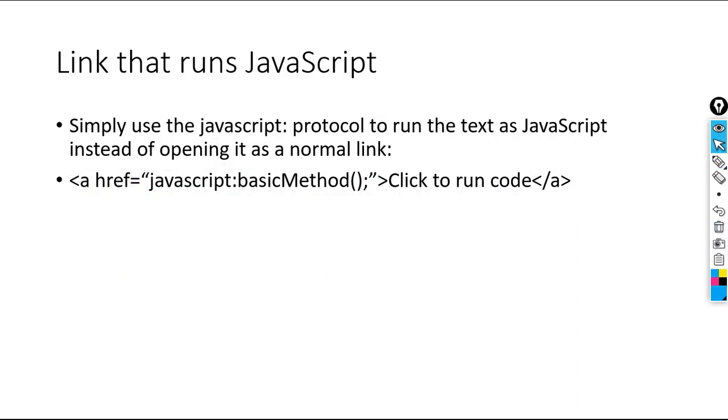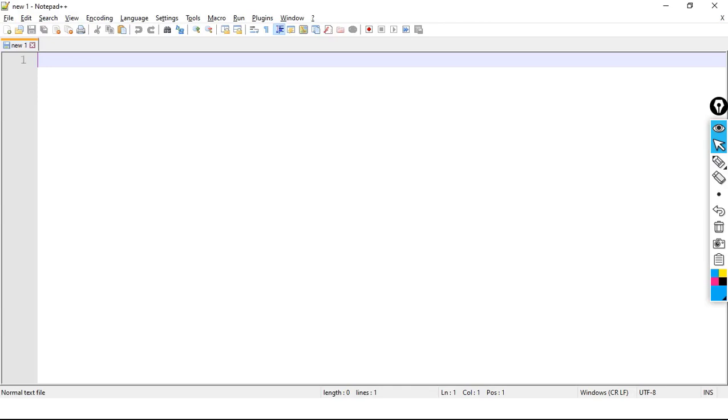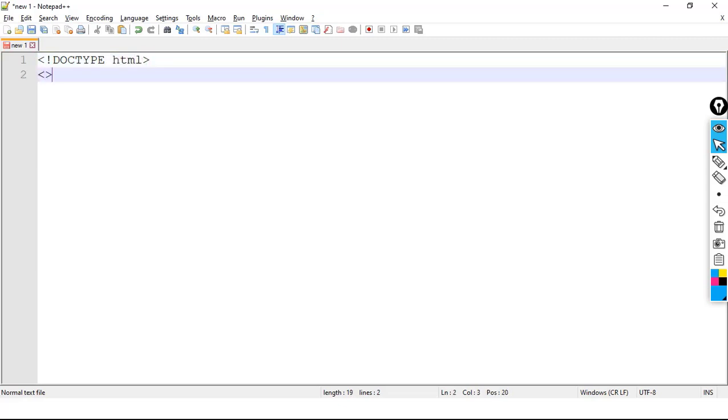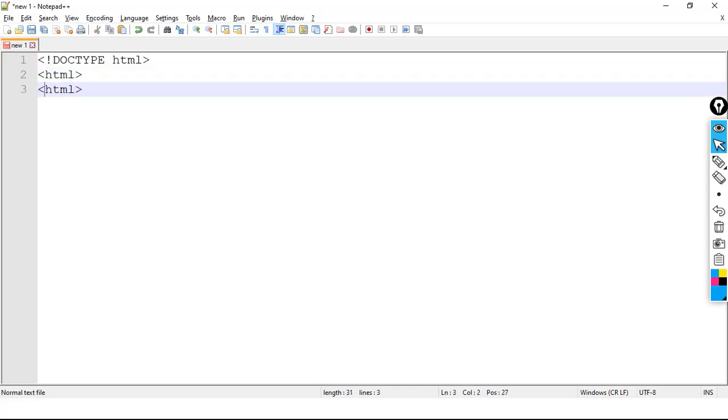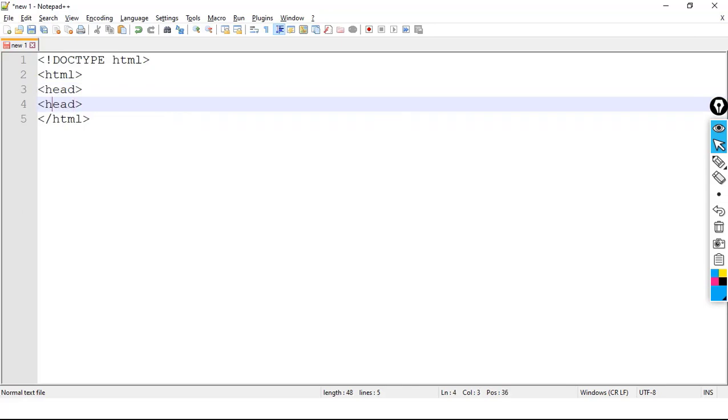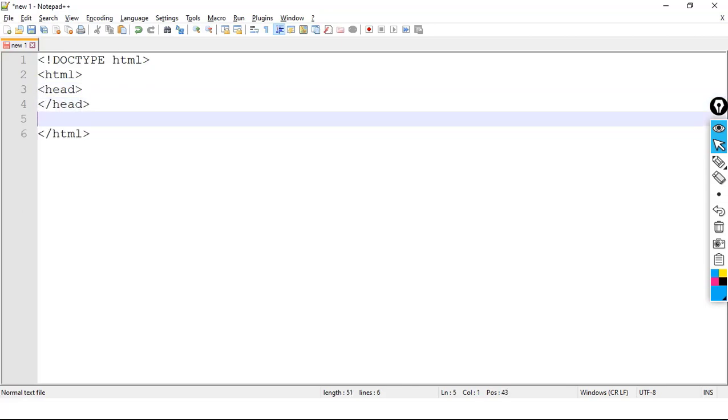Let's move to our editor. This is our editor, and doctype HTML, opening, then we have HTML closing, then we have the head portion, and then we have the body portion.